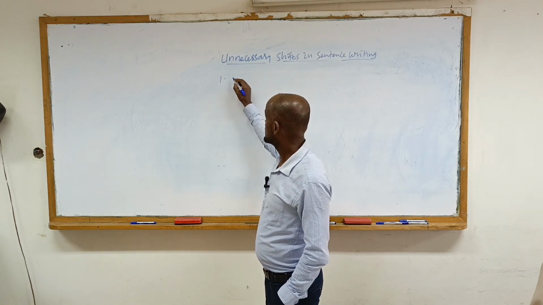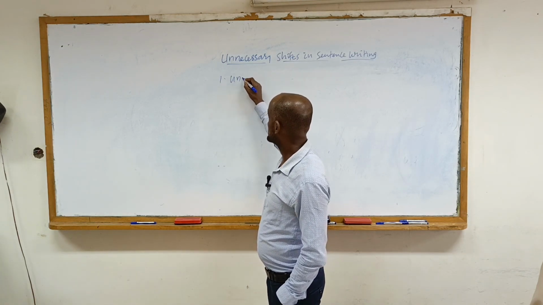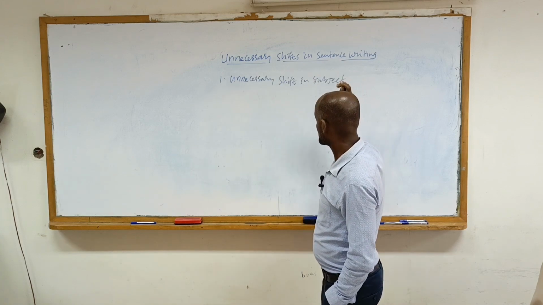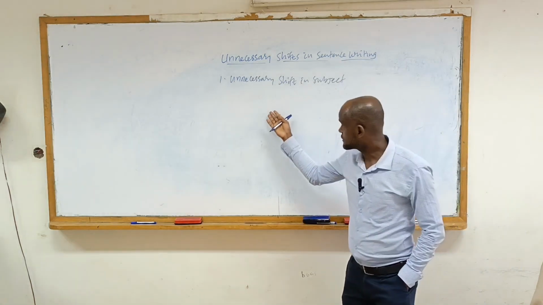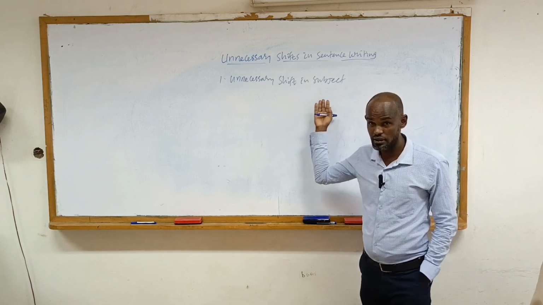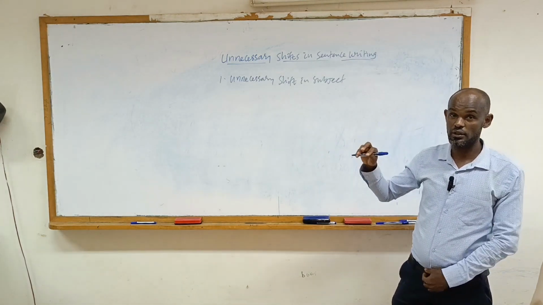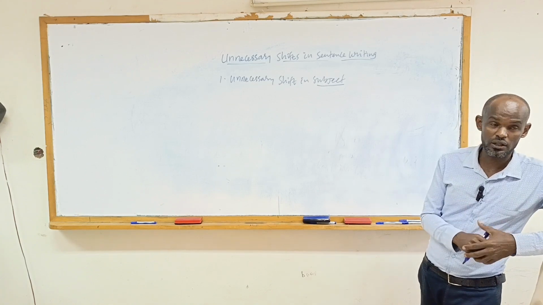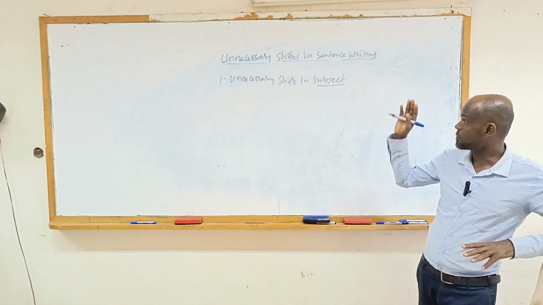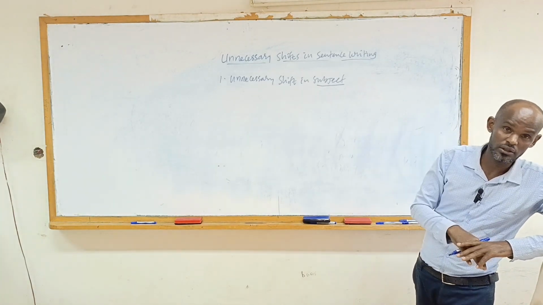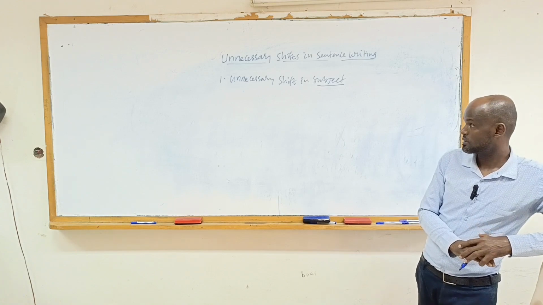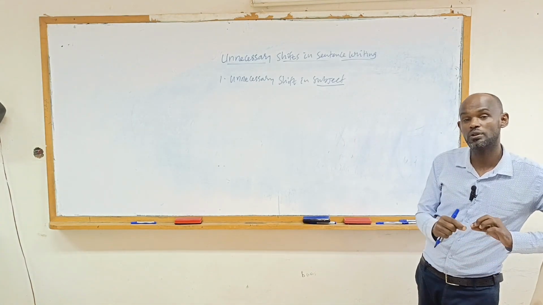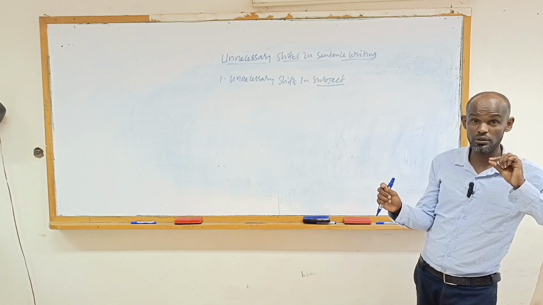First one is unnecessary shift in subject. It's better to finish our sentence with the subject that we use to start our sentence. It doesn't mean that meaning is not conveyed. Even if we shift from subject to object, the meaning may be conveyed. The issue is not something particularly related to the meaning, but to the effectiveness of our sentence, because we are